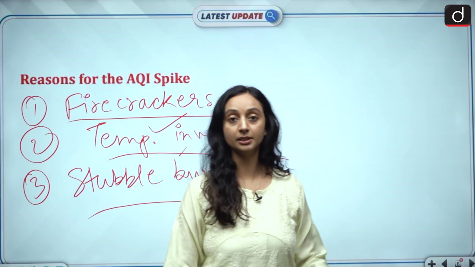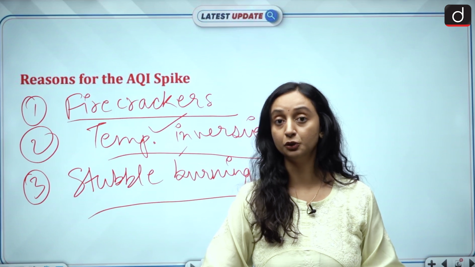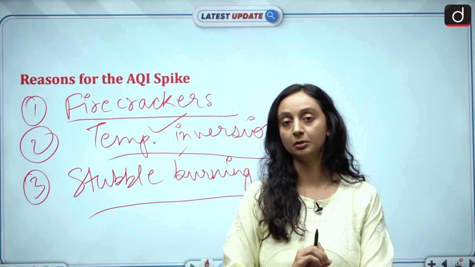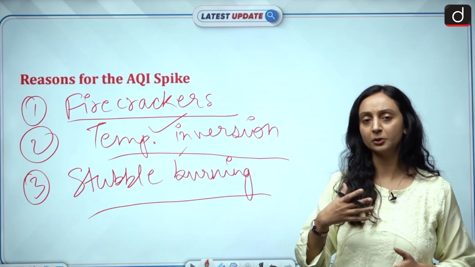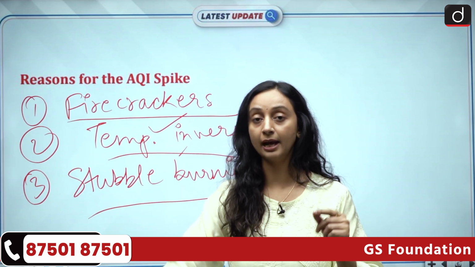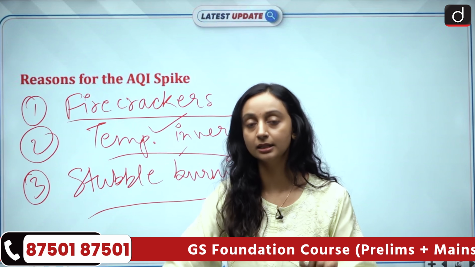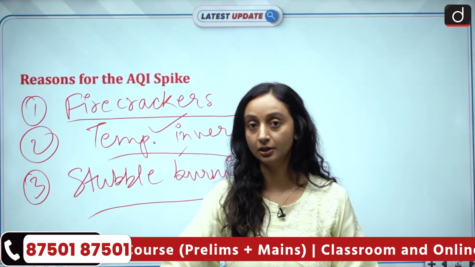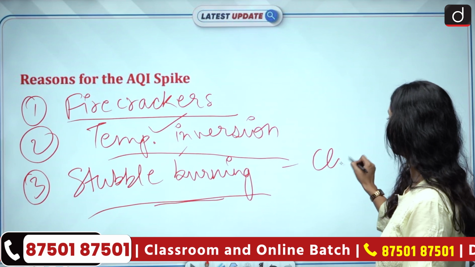Stubble burning is a persistent problem in our neighboring states like Punjab, Haryana, UP also. We see stubble burning happening despite the decline in stubble burning. It has declined significantly because now we are using different kinds of technologies, like happy seeder technology. The policy shift has happened and violations are heavily fined. So we see lesser stubble burning happening, but still it remains a major cause of AQI rise in the Delhi NCR region. And one of the possible reasons of stubble burning is also climate change.